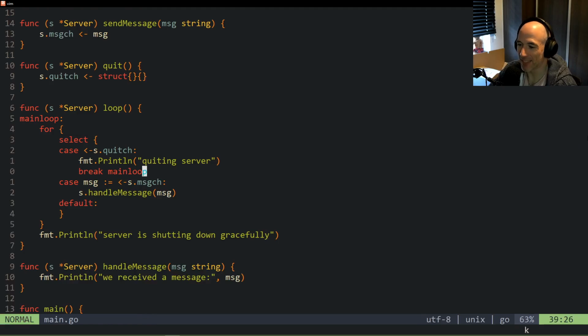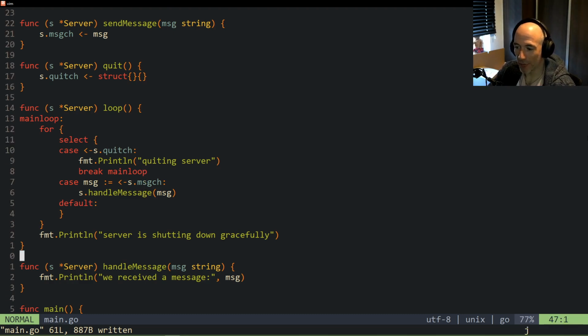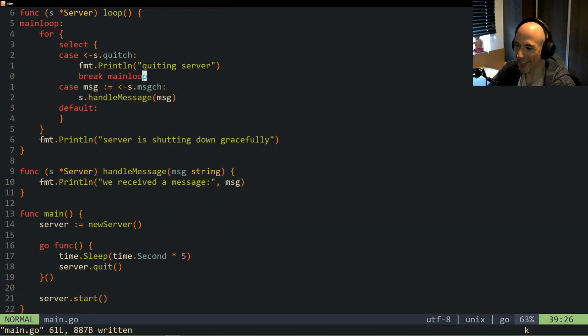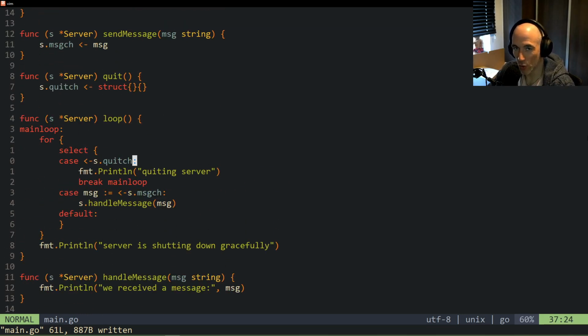Isn't that amazing? So that's a thing you need to be aware of: if you break select statements, you're not going to break the for loop, but only the select statement. Very important, right? And because right now we have a good way to stop our server,